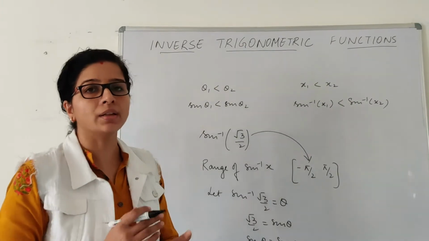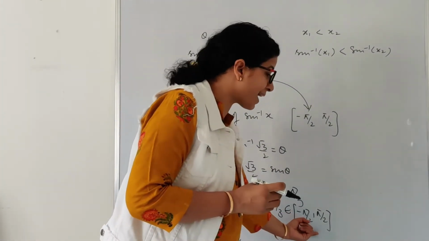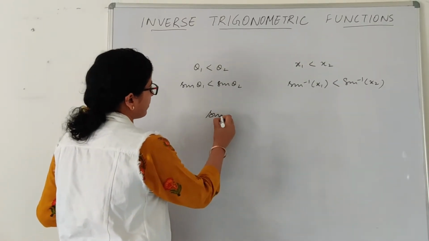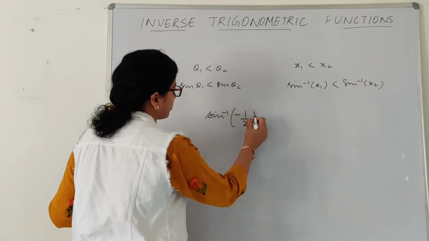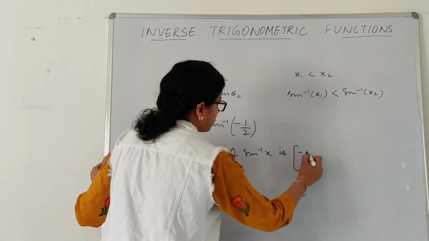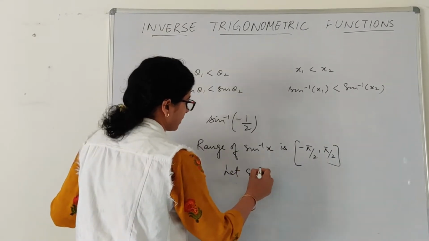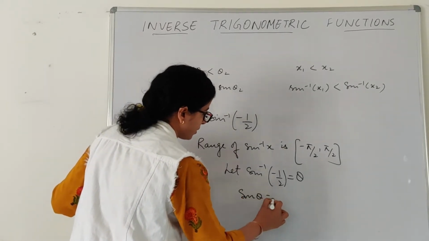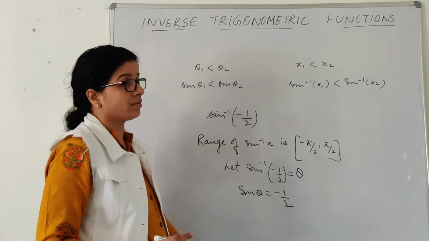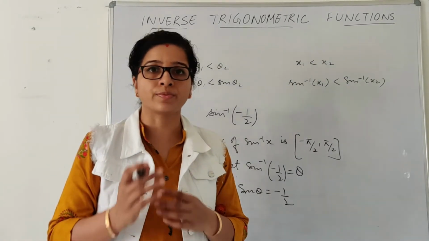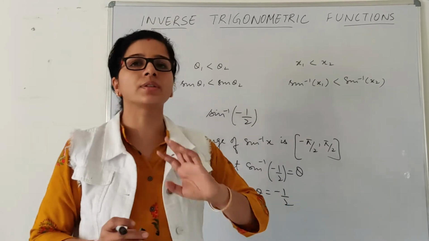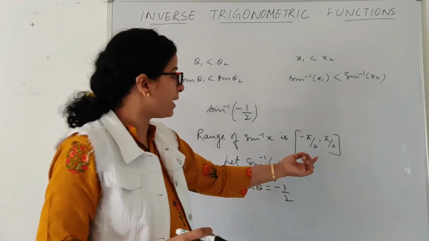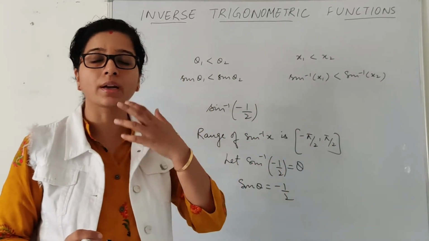So whenever you are finding the value, just check whatever value you have got, whether it is lying in the range or not. So now next, say for example, I have to find the value of sin inverse (−1/2). So what is my range? −π/2, π/2. So let sin inverse (−1/2) be equal to θ. So sin θ equals minus half. Now see, generally students, in your 11th standard we have studied the negative values in the third quadrant and the fourth quadrant. So the third quadrant starts from π plus something, but here my range is −π/2 to π/2, so I cannot use that concept.